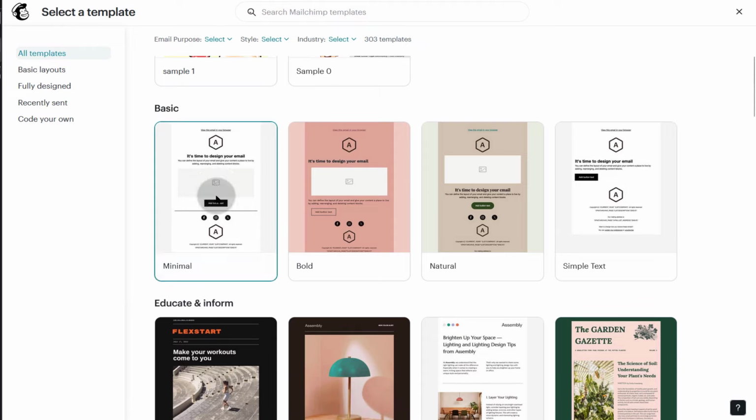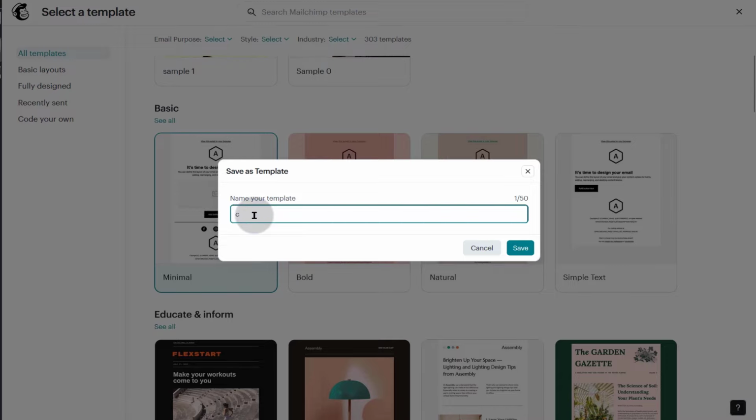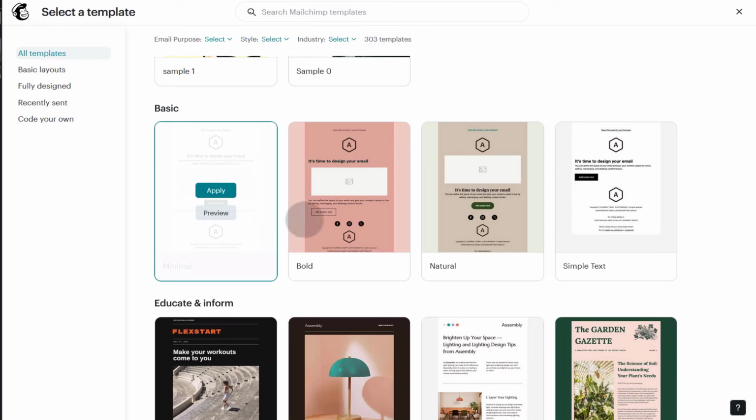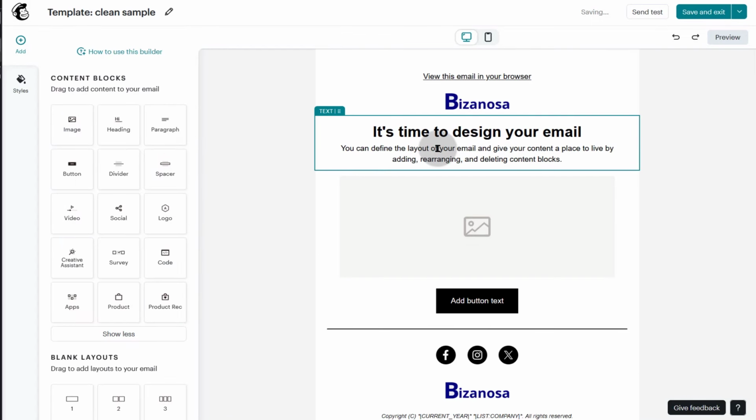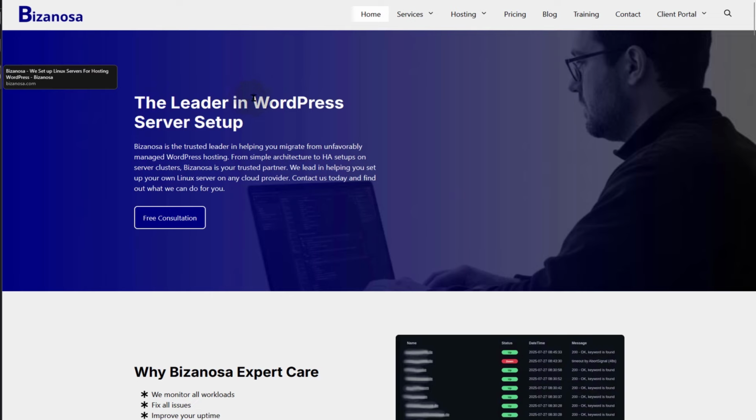I'll choose a minimal template, apply, give it a name, clean sample. Here I can say, I'm just going to copy text from here,